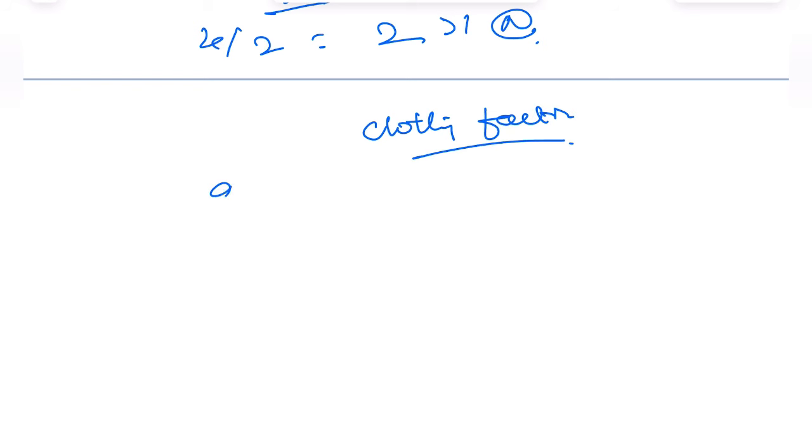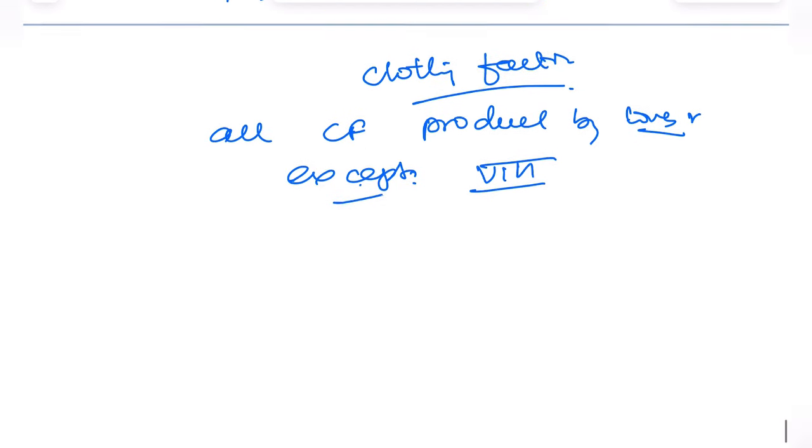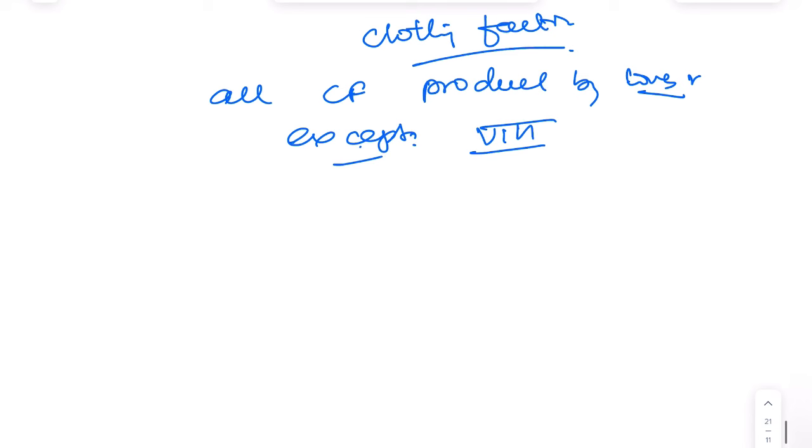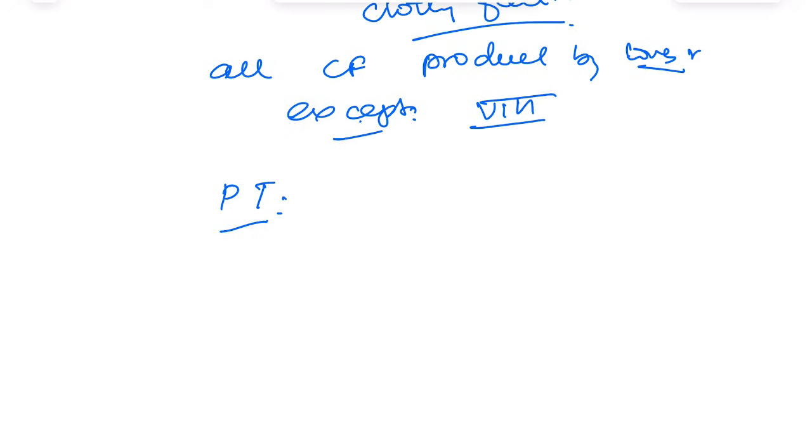So all the clotting factors produced in the liver, except, it can come as an MCQ, except factor 8, which is produced by endothelial cells of the blood vessels. Now, prothrombin time is a sensitive marker. PT is a sensitive marker for liver injury because prothrombin time depends on factors